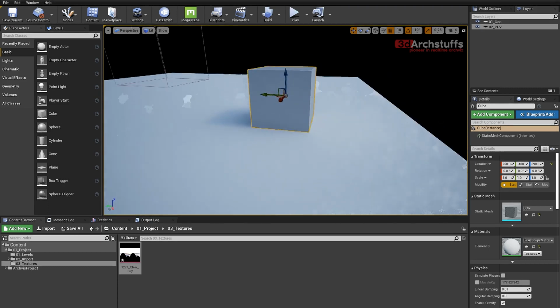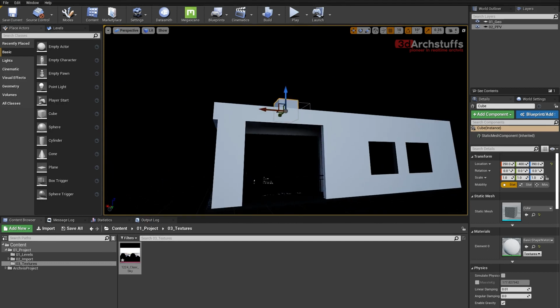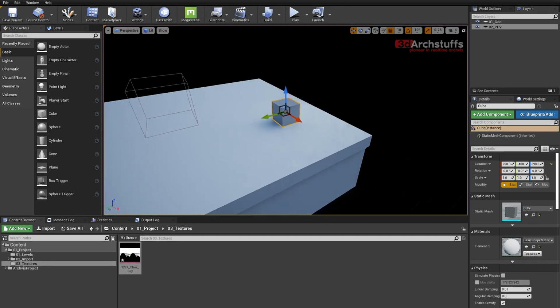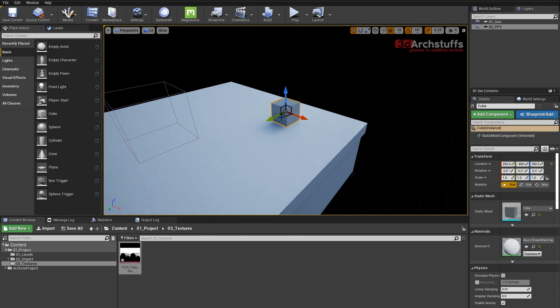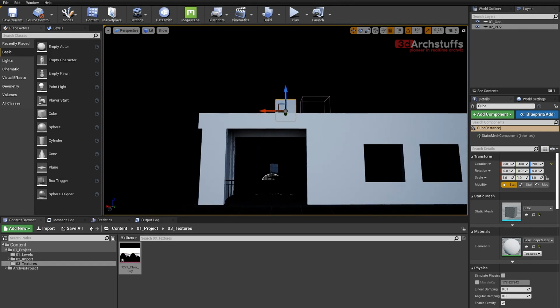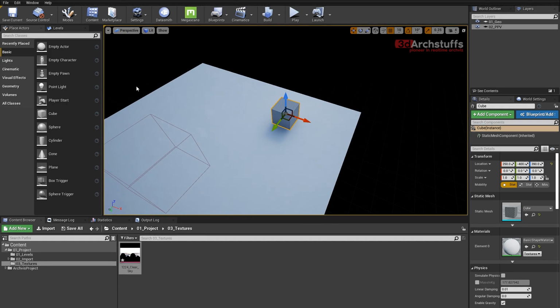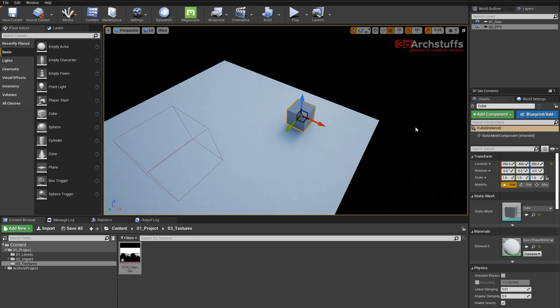So you can see that in this direction we already have our main window. The shadow it's casting is in the same direction as the main window. If it was not like that, if the main window was in this direction, then you have to go ahead and